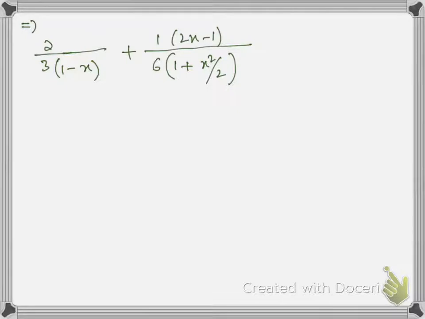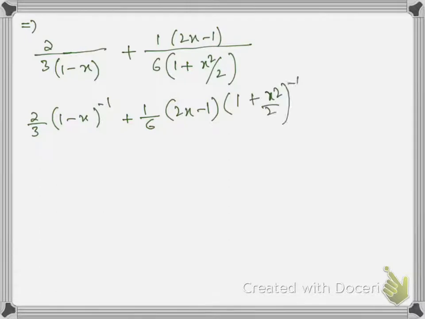and the second expansion. Now to expand both the expansions, we have to bring the denominator into the numerator, because we apply the binomial theorem in the numerator when the expansion is in the numerator. So we always need to bring the expansion in the numerator. Now we can apply the binomial theorem in both the expansions.